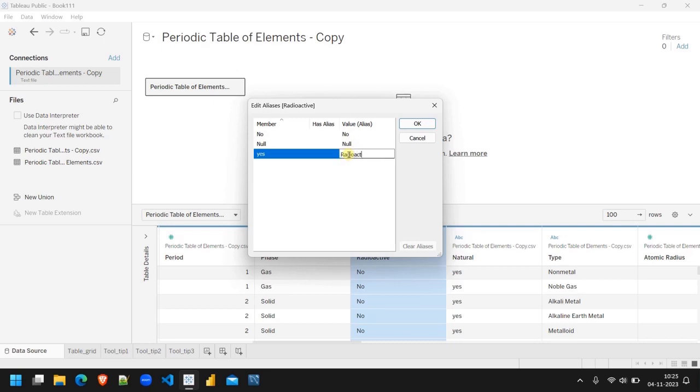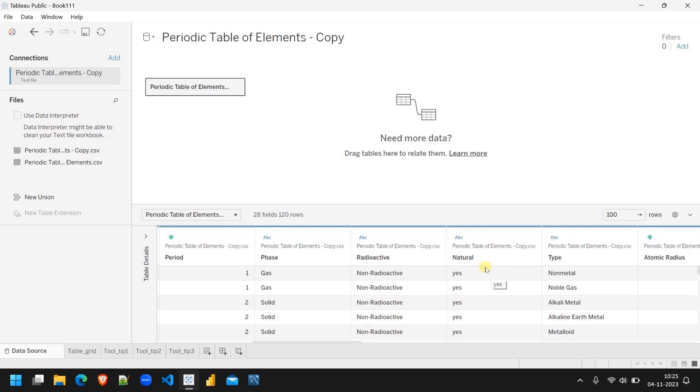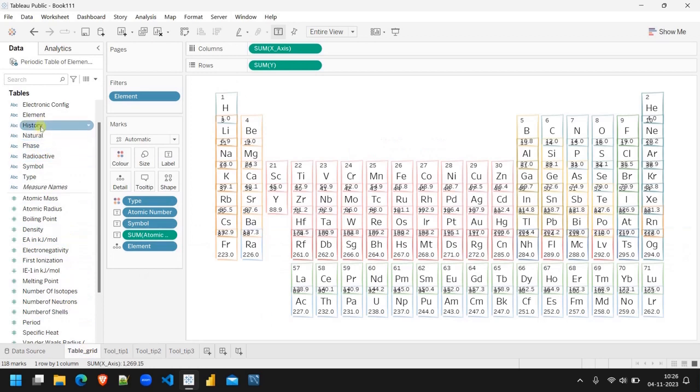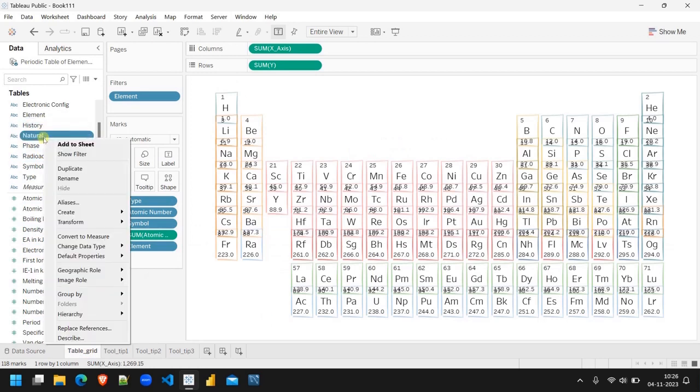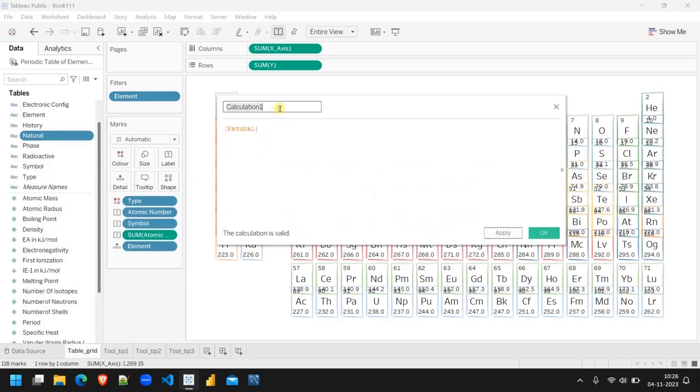radioactive, and when there is no, we want it to be non-radioactive. Okay. Similarly, we can do it in the natural also, but we are going to do it with the calculation. So this natural, right click, create a calculated field. We are going to name it as occurrence,